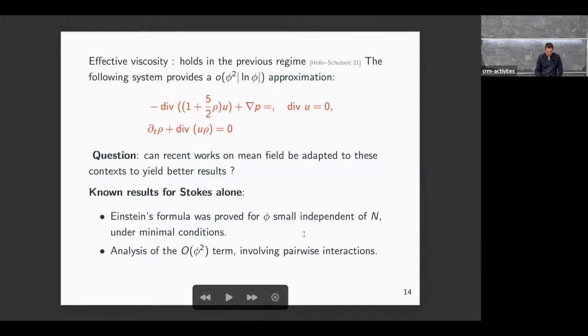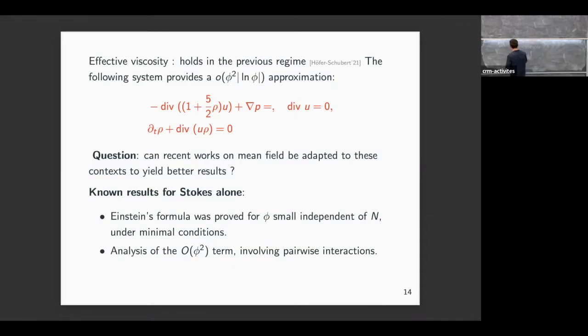For instance, here I have to make assumptions on the positions of my particles, but I can have very mild assumptions, in the sense that we are able to prove that Einstein's formula is true if you assume for the particles that you need a little bit more than no touching. You need an epsilon room, and then you express the fact that this is dilute, saying typically